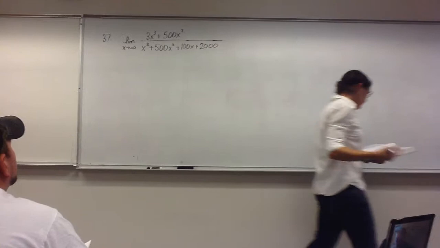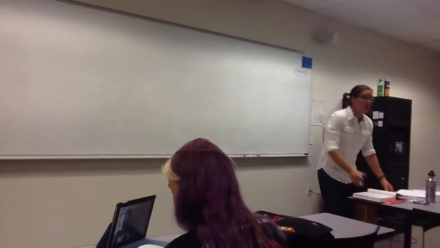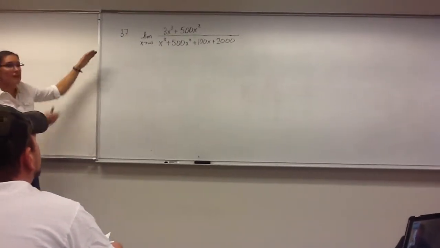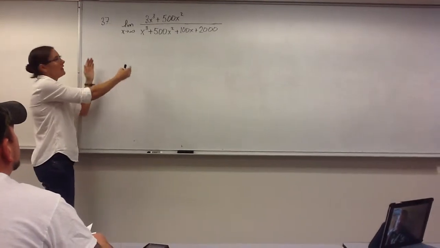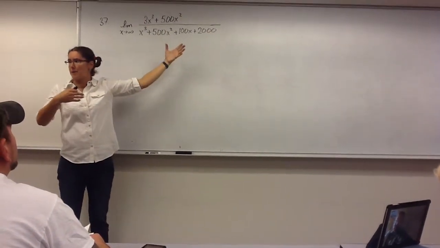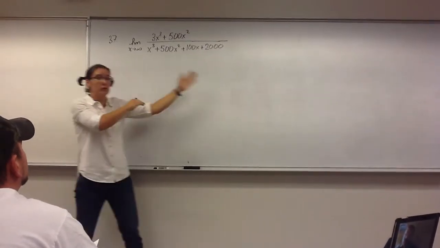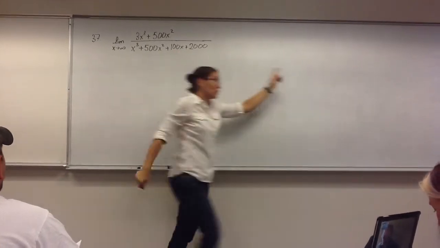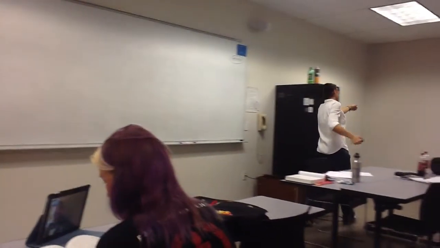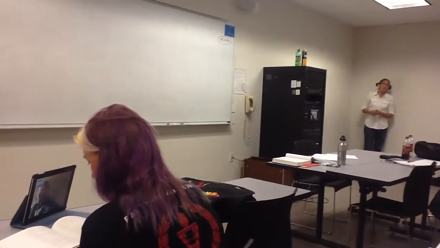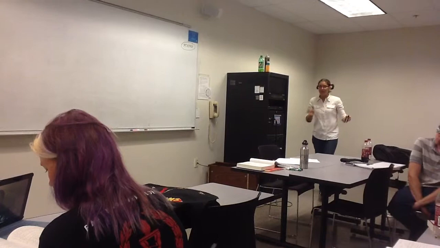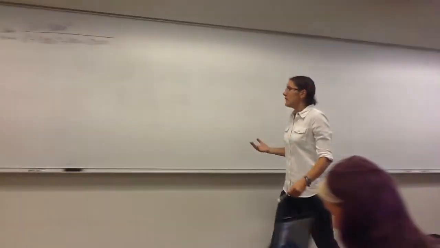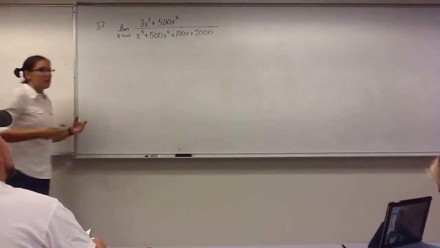And the first thing that they ask you to do is to graph this on your calculator and then estimate the limit as x approaches infinity. And the goal, what the author is trying to get you to do is, when we graph this only from -10 to 10, these numbers are so huge that you don't really see what the trend is of this function for really large values of x, because these values don't become insignificant until really large values of x. And so by graphing only from -10 to 10, you're going to be misinterpreting your answer all the way. So their goal here was to say, okay, let's calculate the limit algebraically to get the right